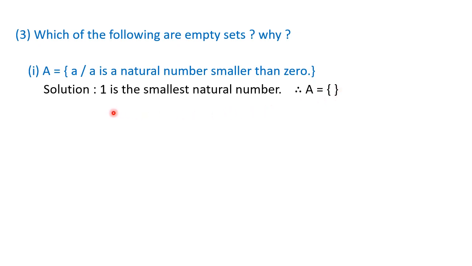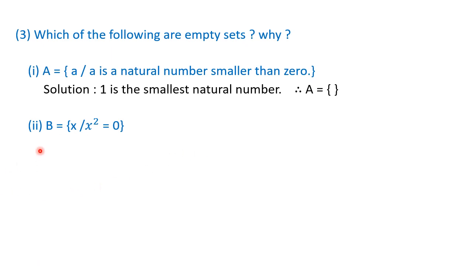What we can write is 1 is the smallest natural number. So there is no question of writing the smaller number than 0. You know that the numbers which are less than 0 are negative. Okay, but negative numbers can't be natural numbers. So here 1 is the smallest natural number and therefore we can say that A is an empty set. Got it? A is equal to empty set. You can write down either these braces or I gave you the symbol also, 0 with a straight line over it. So you can write down that also.